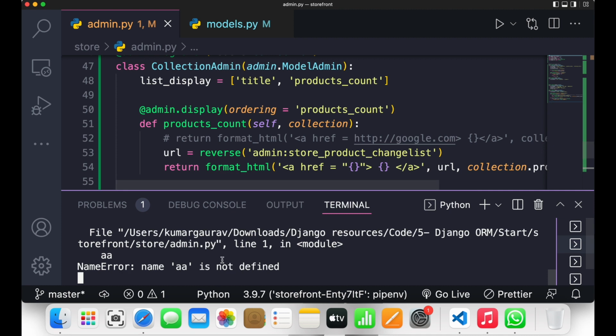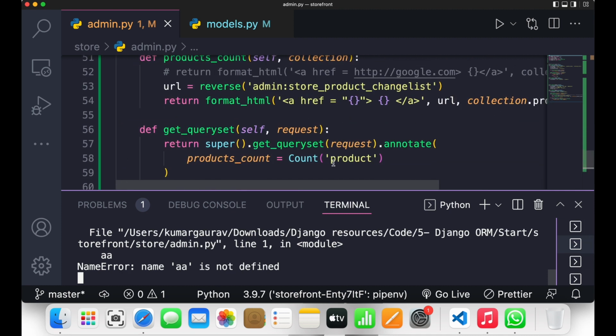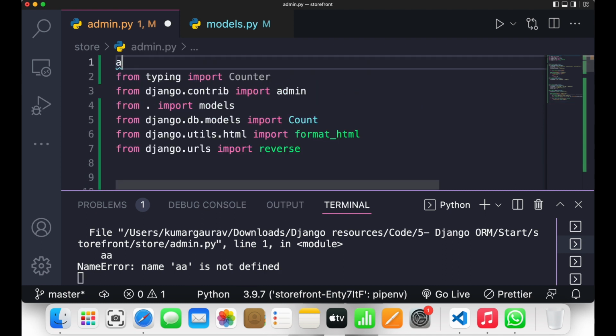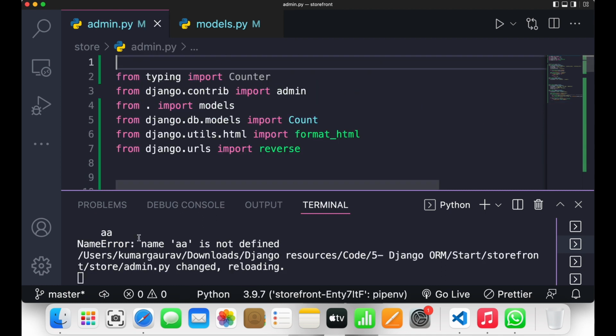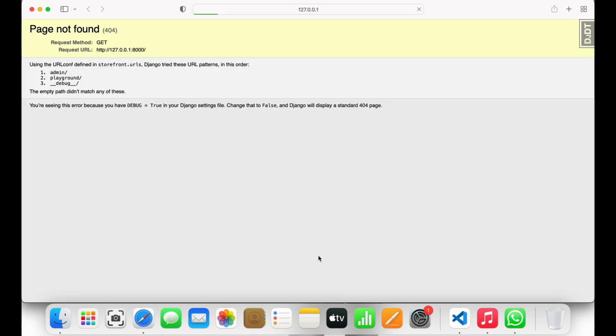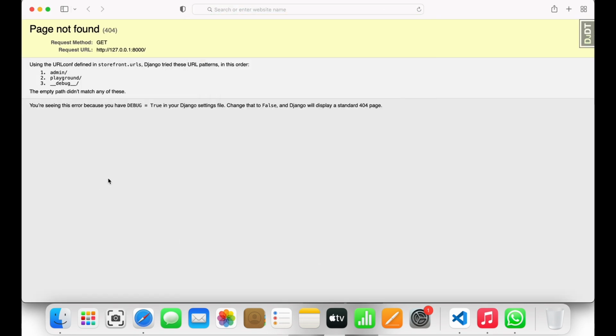ए इज नॉट डिफाइंड. वेयर इज ए, कहाँ पे हमने लिख दिया ए. अरे कौन से लाइन में लिख दिया, लाइन 1. ओ यार, कंट्रोल सेव इट, इसको सेव कर दो, अभी खुल जाएगा ये इस पर. अभी मैं इफ़ आई क्लिक दिस, इसमें अगर मैं जाऊँ एडमिन साइट पे, सॉरी